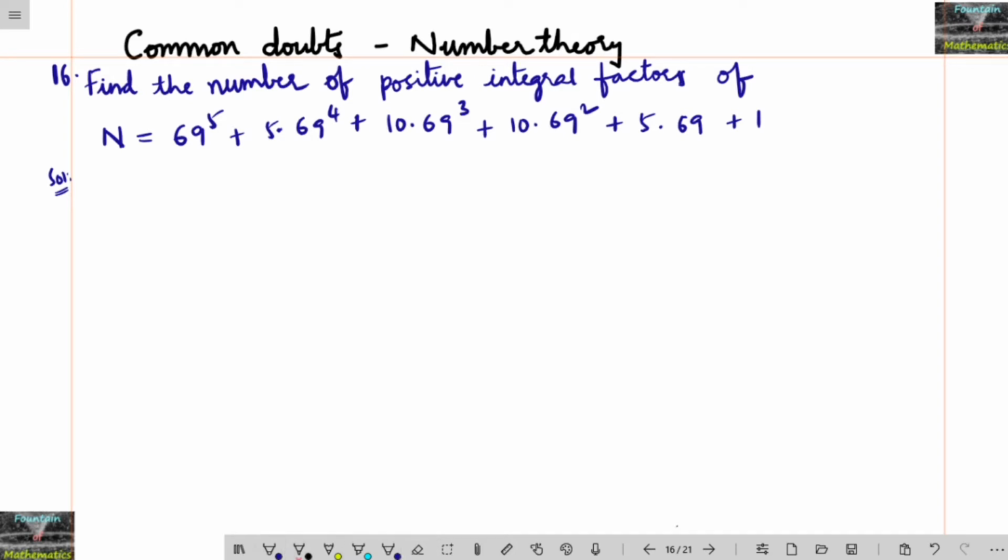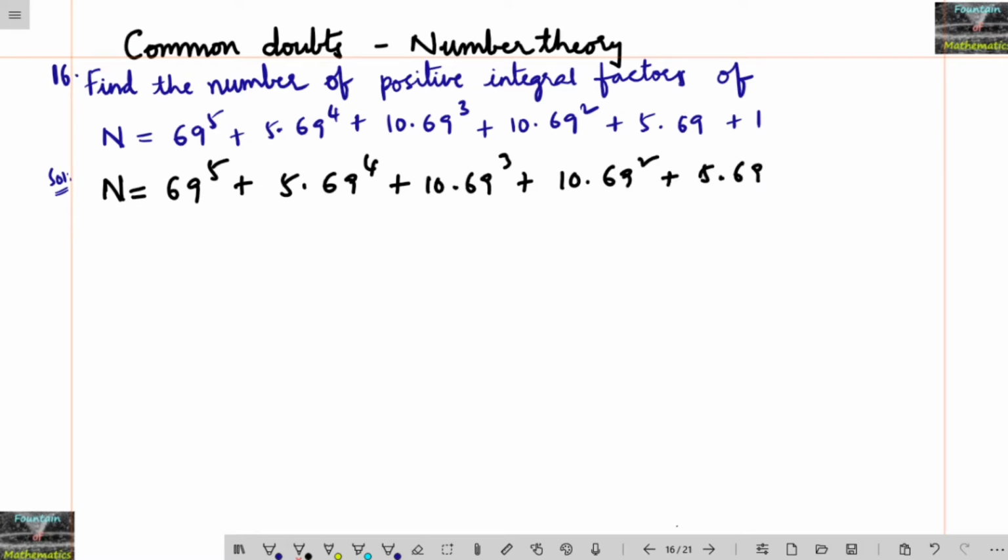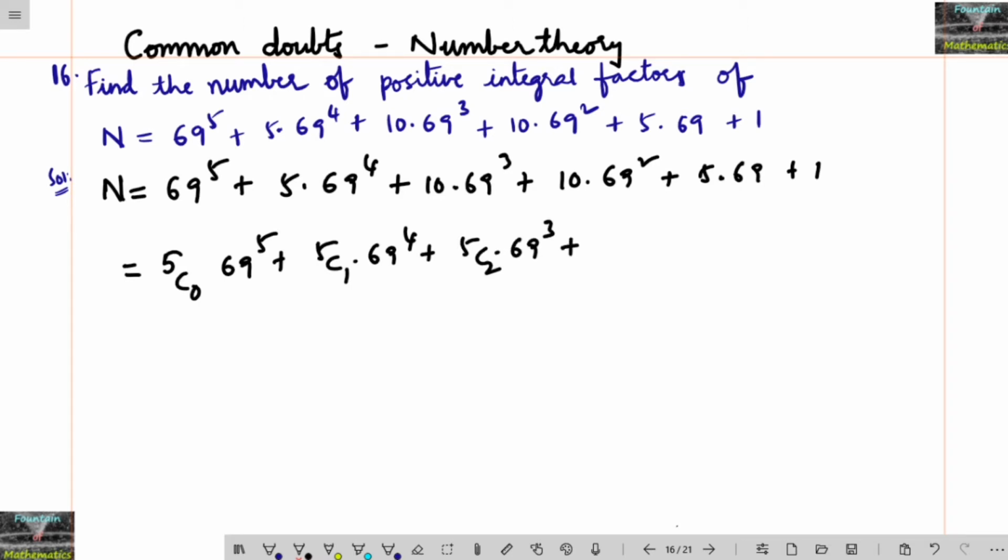So given number n is equal to 69 to the power 5 plus 5 into 69 to the power 4 plus 10 into 69 to the power 3 plus 10 into 69 square plus 5 into 69 plus 1. This can also be written as 5c0 69 to the power 5, 5c1 is 5 value into 69 to the power 4, and 10 is nothing but 5c2 into 69 to the power of 3, plus again 5c3 69 to the power of 2 plus 5c4 69 to the power 1 and